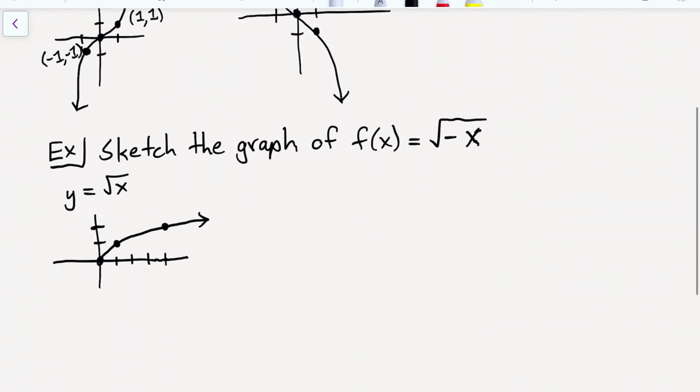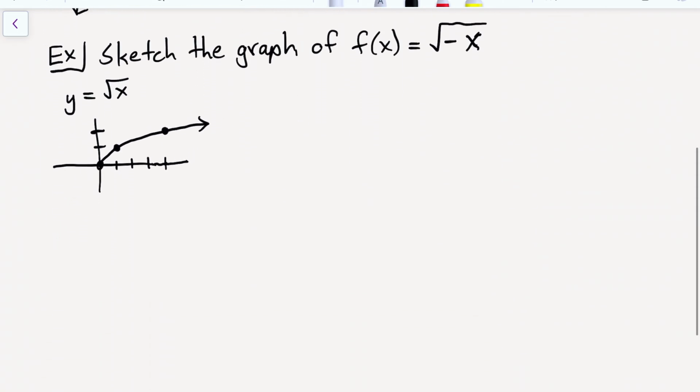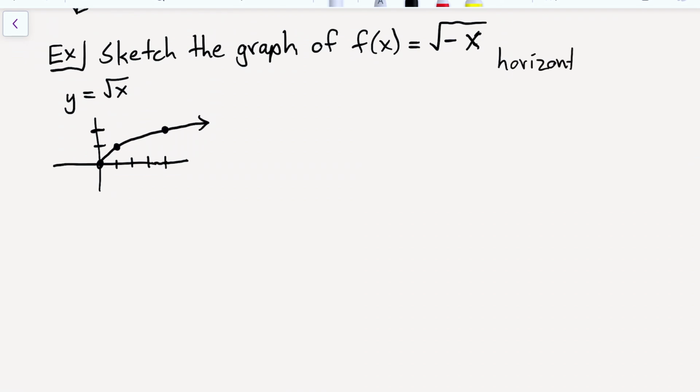But in our second example, we are applying a negative sign to the input of a function, which is going to result in a horizontal reflection. Looking at our toolkit function y equals the square root of x, we have some points noted there. If I want to sketch the graph of this new function, the square root of negative x, I'm going to